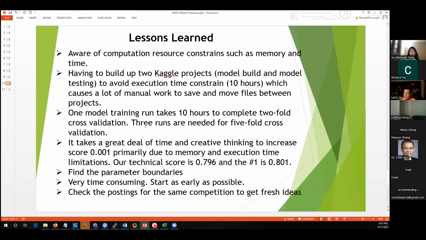So it takes a great deal of time and creative thinking to increase the score just by 0.001, primarily due to memory and execution time. Like I said, our initial score is 0.790, and after 6 weeks, 7 weeks, we could increase it by 0.006, and we could have continued to improve, but just during the time, we really don't have time